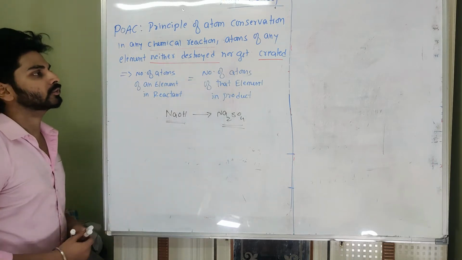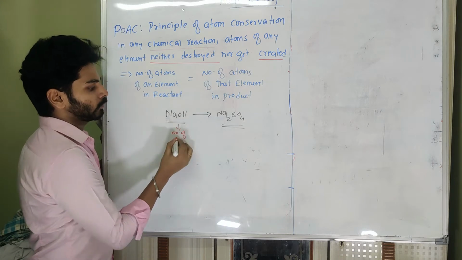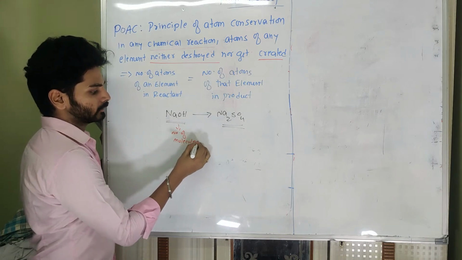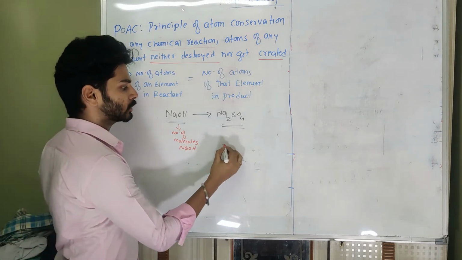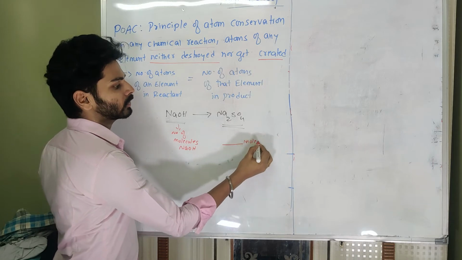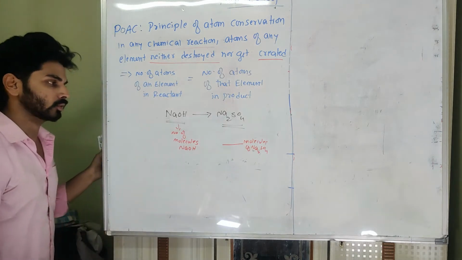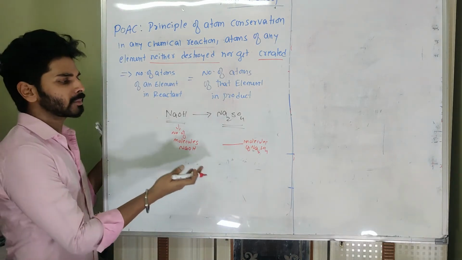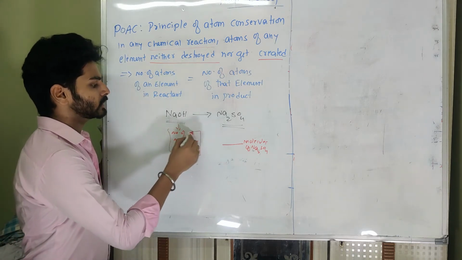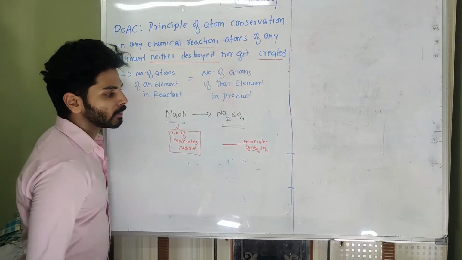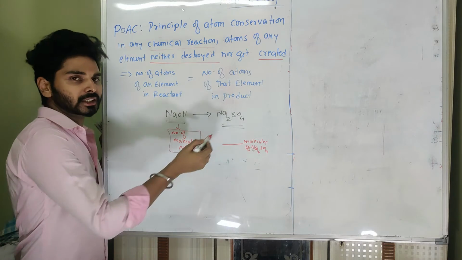Then we can get the amount, maybe a question like the number of molecules of NaOH that reacted may be given to us, and we may be asked to calculate how many molecules of Na2SO4 are formed. We can go for moles and mass also, but let us start with molecules. The number of molecules of NaOH is given, and we are asked to calculate the number of molecules of Na2SO4 formed. This can be done very easily if the reaction was complete.